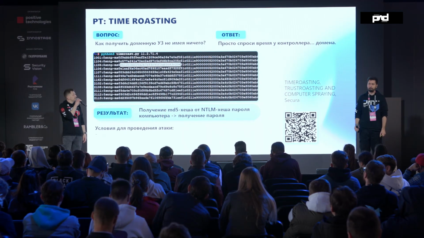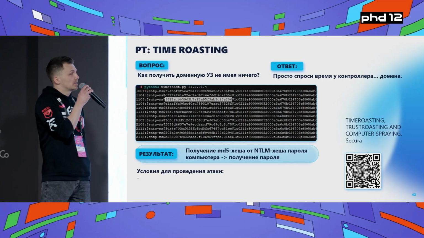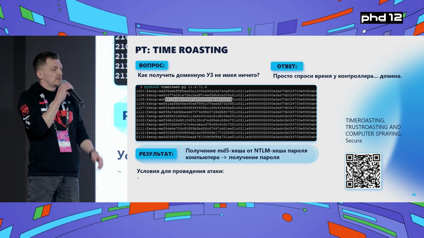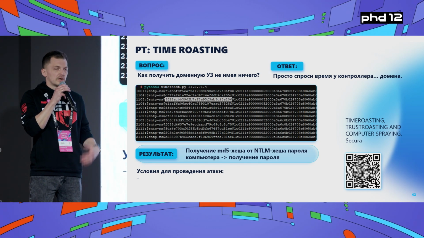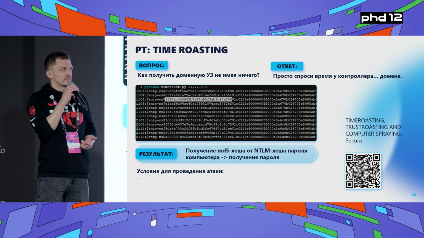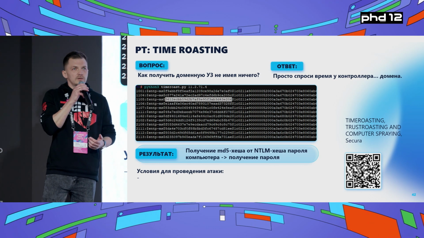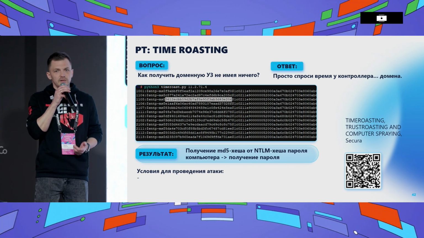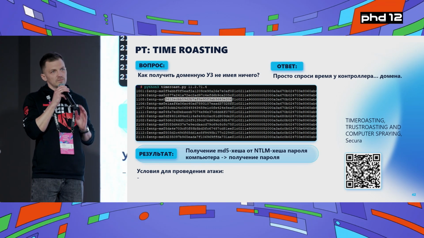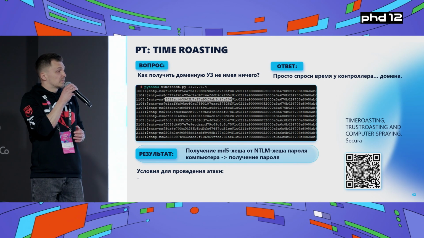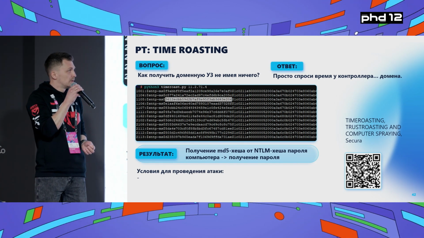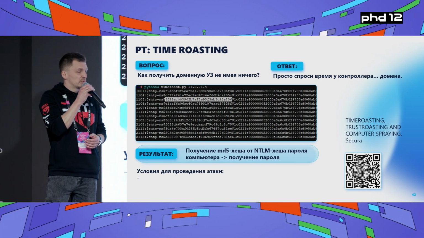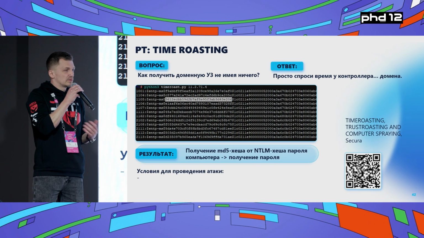So the next attack, and that's the final for today, at least from us, is the time roasting attack. As I said, it is not so critical as the previous ones, but in essence there might be a situation when a hacker is penetrating into the internal infrastructure or doing pen testing. One of the first things he does is try to get some domain account, in order to get connected to Active Directory and to understand how the network is being built, and to somehow launch an attack. There might be situations when nothing works because it has been set up in a very safe and secure way, but guys from Secura